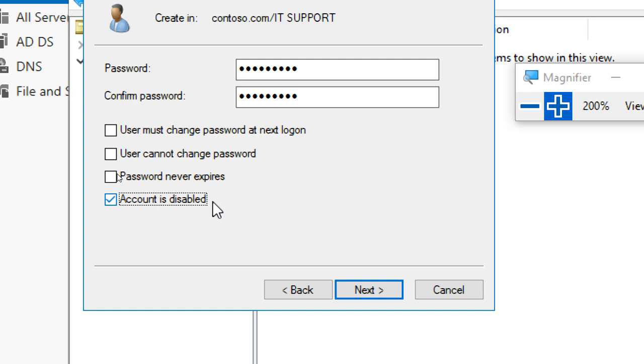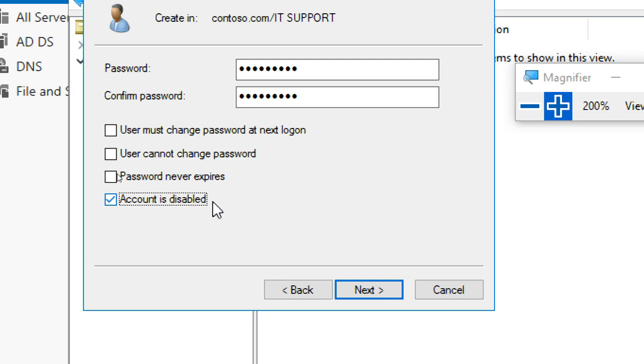But the candidate is joining on Monday, so till then the account should not be open. So the account is disabled. The account is created, the password is created, everything is created, but he will disable it till the time comes. Whenever the candidate joins, he enables the account, and then the candidate can log in.